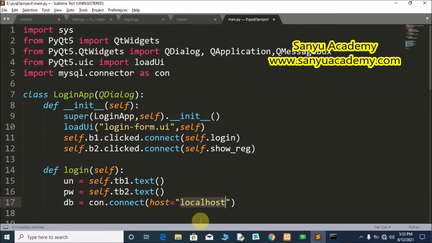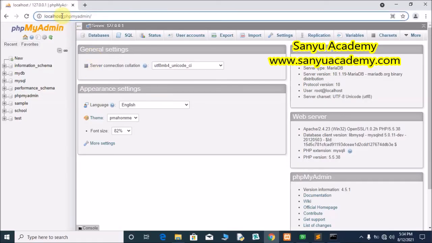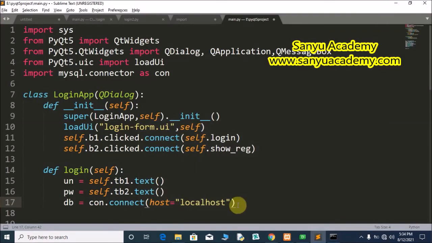If you are running the SQL server in some other machine which is connected in the network, we have to give the IP address of that machine. Now we are running the SQL server in this same machine, so we provide the localhost. Next one is user.